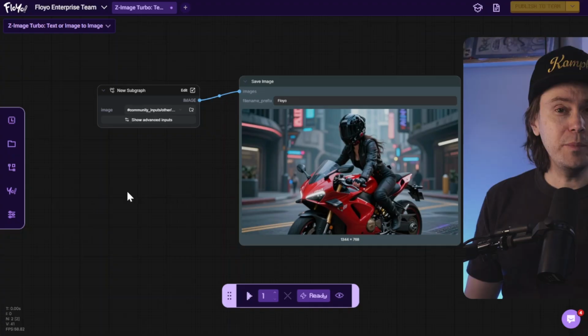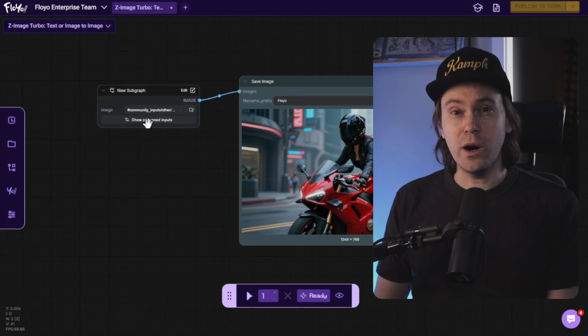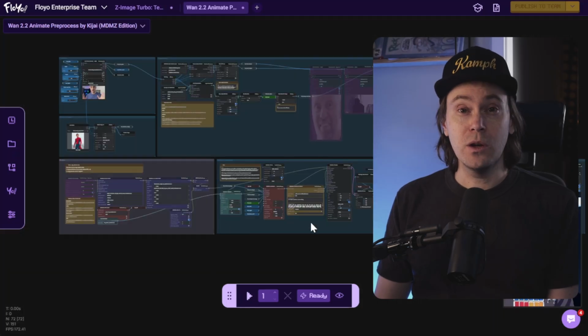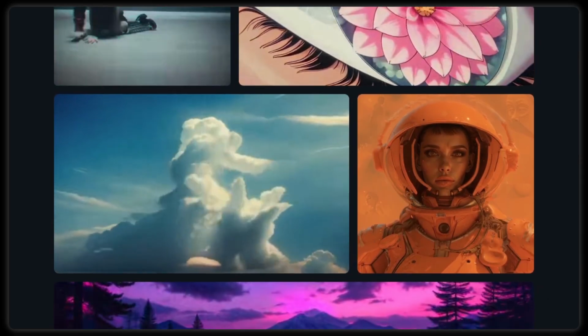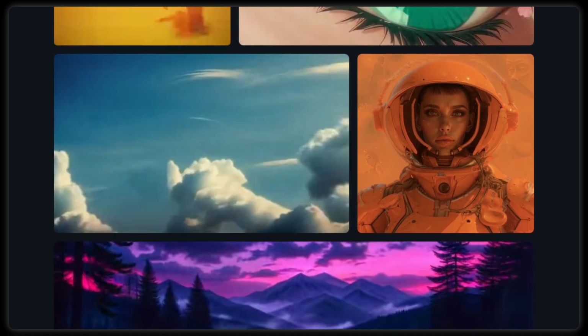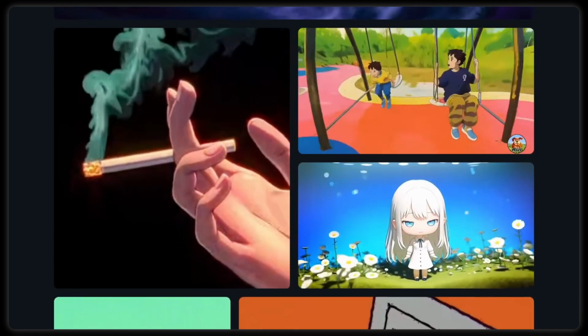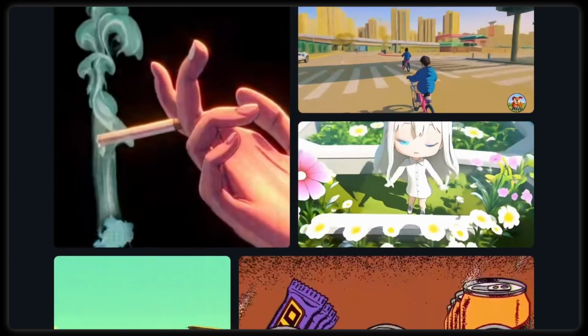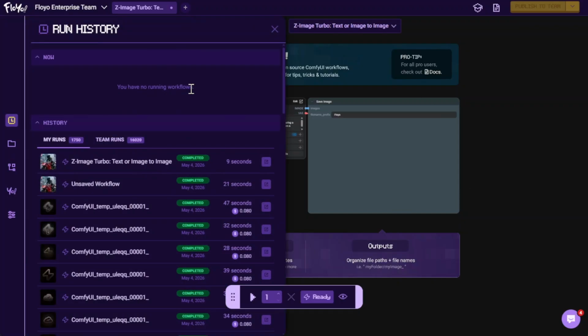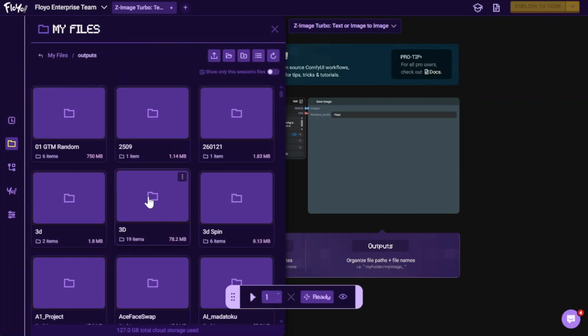Here's the path we'll take. We'll begin with what ComfyUI is, what it does, why it exists, and why it's become the tool of choice for so many people working with AI generation. Then we'll spend time getting comfortable with the interface: the canvas, the menus, the toolbar, and all the controls you'll